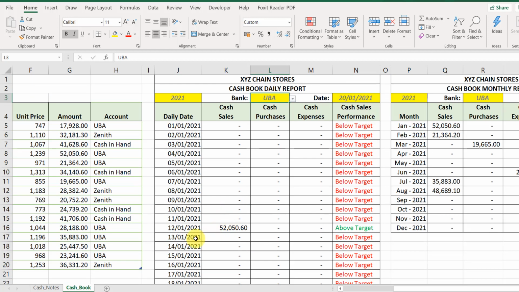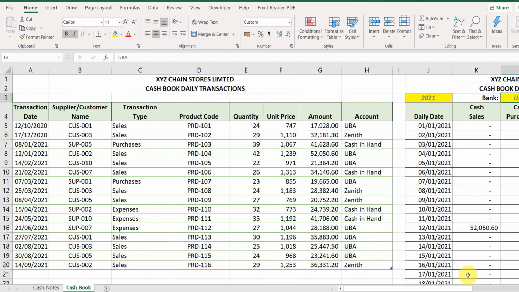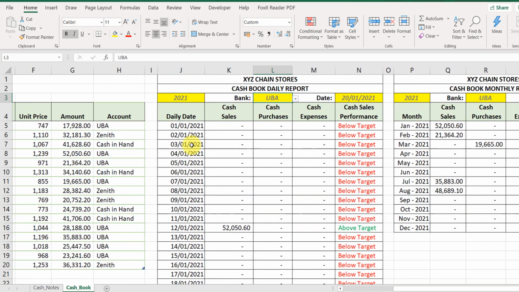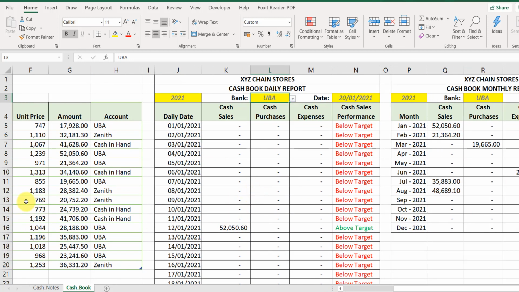So only on the 12th of January we made a cash sales based on our data in this section. Based on the data we have in this section, this report automatically generates. So as you keep inputting data, here will be updated. So you see our cash sales, our cash purchases, and our cash expenses. And this report is based on this bank account and the date you selected. So on this cash sales